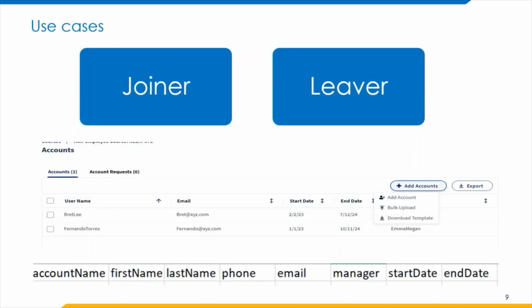use cases. For non-employee lifecycle management, we have two use cases. One is joiner, second one is leaver. Joiner: based on the start date, the user will come to the active lifecycle state. For the leaver scenario, based on the LWD, the leaver scenario will trigger and accounts will be disabled. Coming to the next slide,